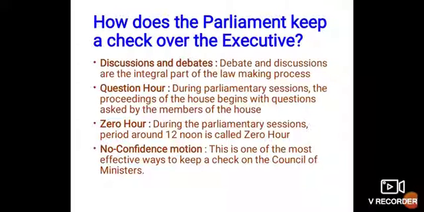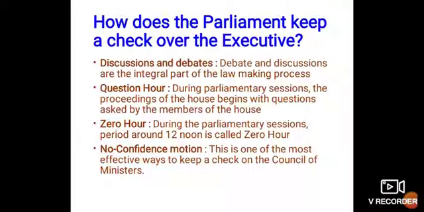Now, the last point is the no confidence motion. This is one of the most effective ways to keep a check on the council of ministers. Yes, my dear students, the no confidence motion is the most important one. We will try to understand how it functions and what its procedure is. See here, the government stays in power till it enjoys the support of the majority in the Lok Sabha. All of us know